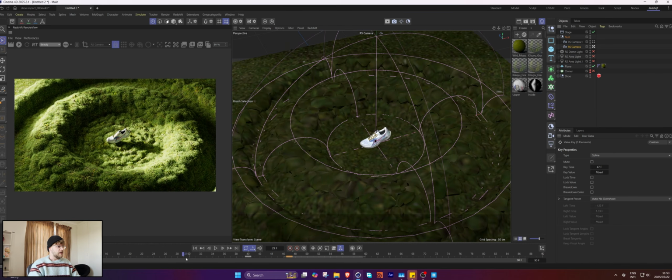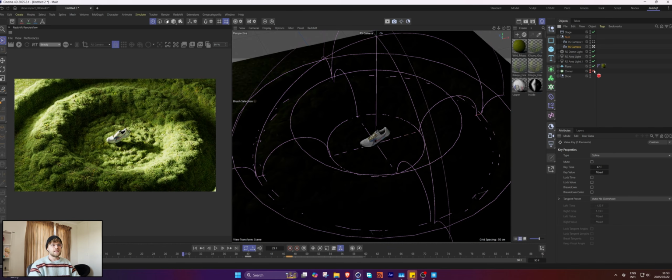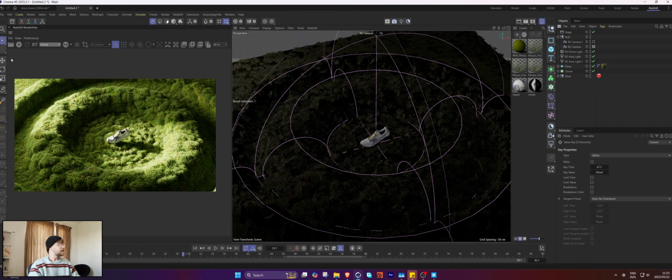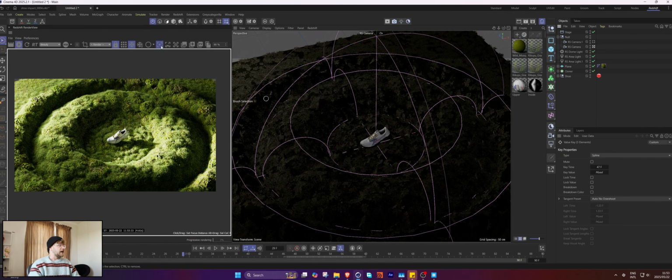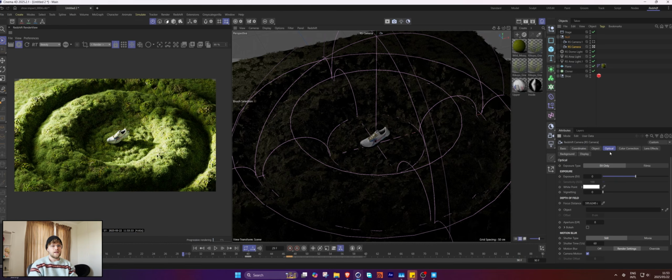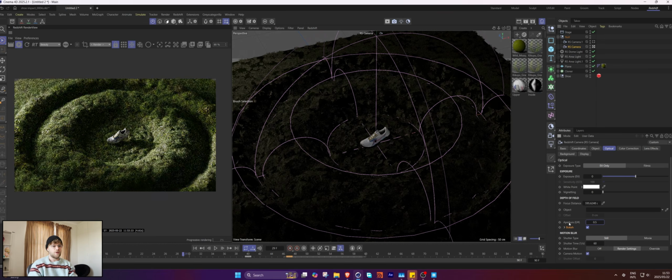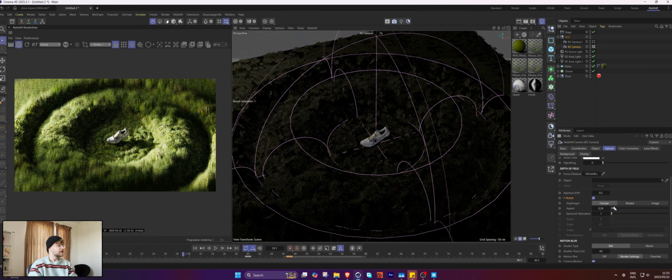So let's go back. Let's add in our lights and our cloner back into the scene. Let's select our shoe over here as our focus object, and let's make this quite intense. 0.1? Is that too much? 0.5. And then I want to bring this down. No, I want to bring it this way to create these kind of sideways